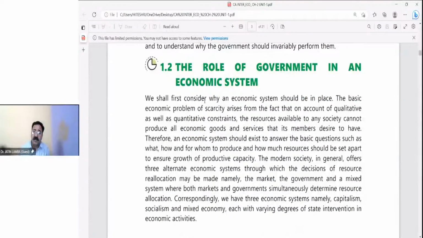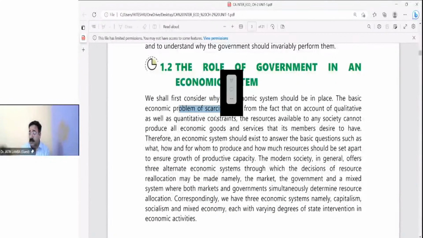We shall first consider why an economic system should be in place. What is an economic system, beta? Economic system is the system where goods and services are being produced and sold, है ना? यही लिखा है इसमें, देखो. The basic economic problem, one of the most important economic problems, the central problem you have learned in microeconomics: what to produce, how to produce, for whom to produce, right? What is the basic economic problem faced by each and every economy? That is